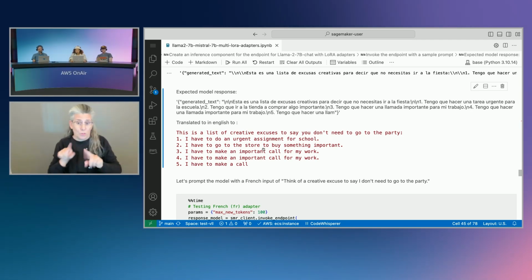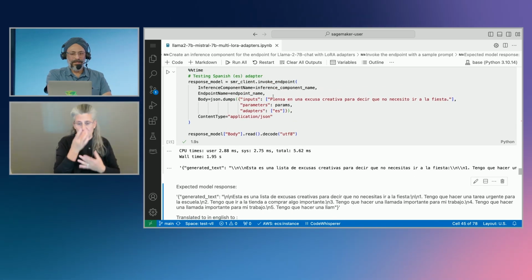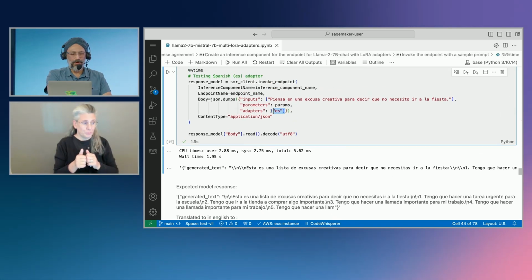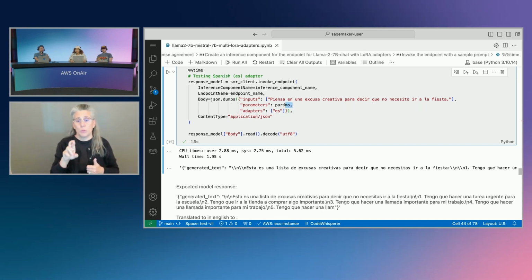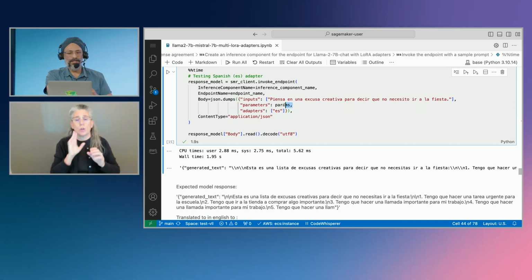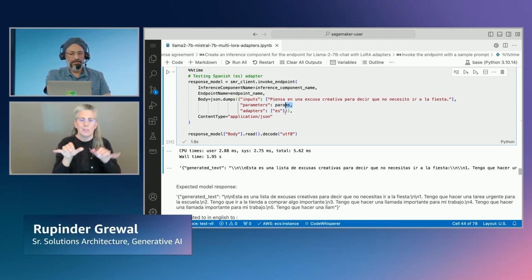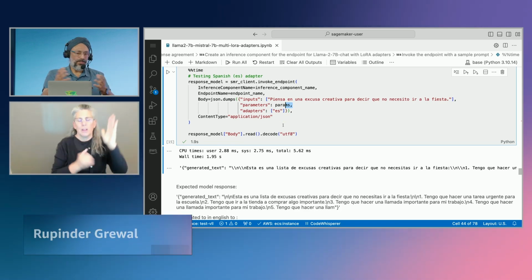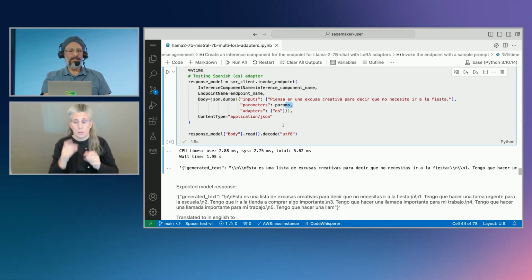Exactly. So it came up with, it's pretty interesting, right? But the way to invoke this is you basically pick which adapter you want. You can have a list of adapters, give it the inference parameters, your max token size, temperature settings and all that. Give it the prompt and you're good. And if you want to run with the Mistral model, it's just another model on the same code and the same ID to get it to work.